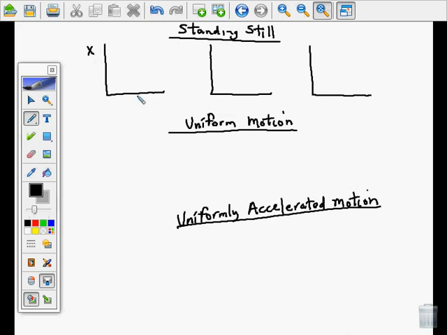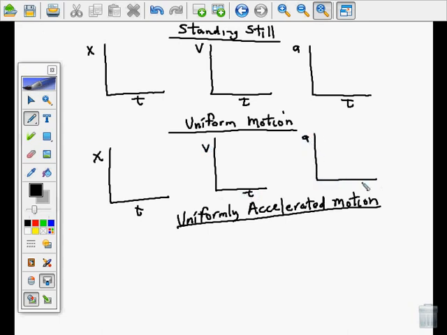Displacement versus time. Velocity versus time. Acceleration versus time. And then displacement versus time. Velocity versus time. Acceleration versus time. And then same 3